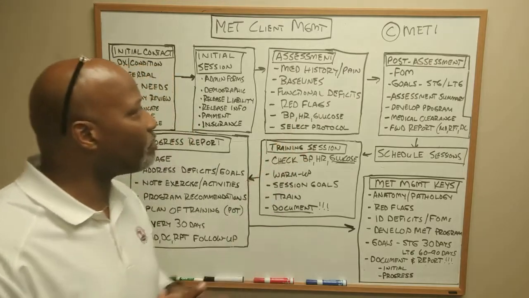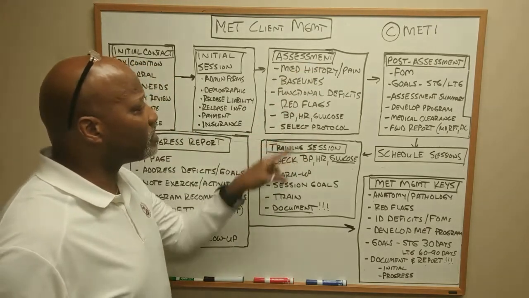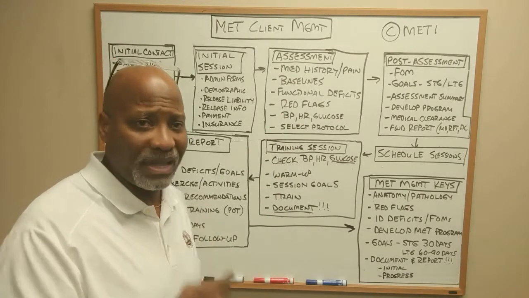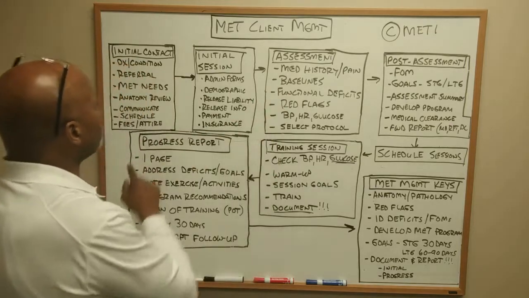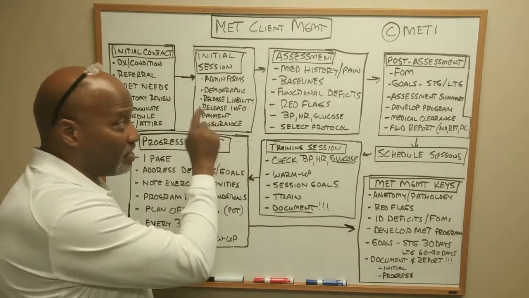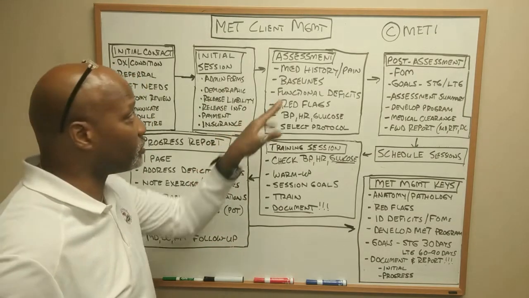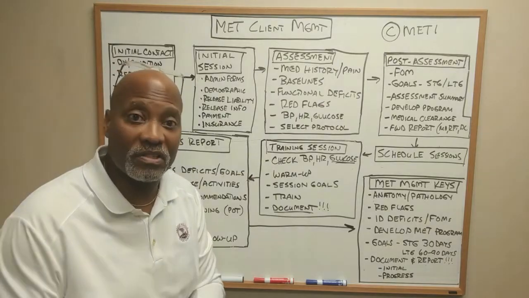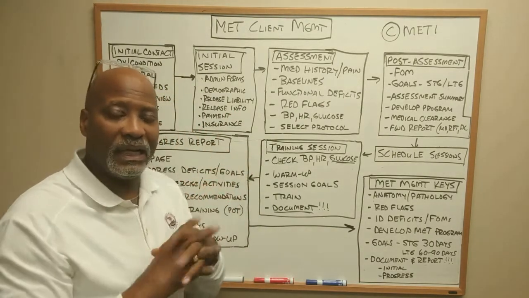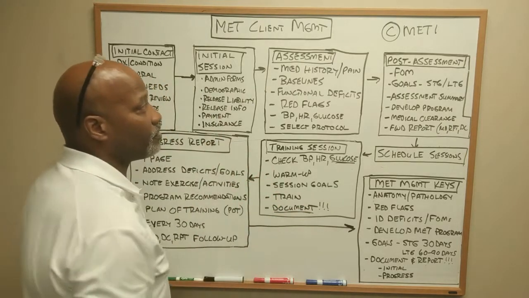So let's talk about the assessment here. Now, one thing I have not included with this assessment diagram here is the musculoskeletal screening, and I'll work that into this. So remember, you've already communicated with this client on the phone. They're now in that initial session. So this is the admin portion of that initial session. So now you're going to start the assessment. So all the paperwork is done, payment arrangements have been made, any information with regard to insurance, you got everything. Now you're going to start the assessment.